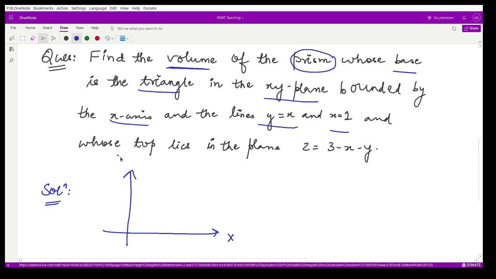So this is your x-axis, this is y-axis. Now one thing that they have given is x-axis. So this is one line, another line is x is equal to 1. So suppose here the value is 1, so that means this would be the line x is equal to 1, and the other line is y is equal to x. So this is the line passing through origin, and say this point is also equal to 1, so this point is 1 comma 1. Yes, so the line would pass through these 2 points. So now what is the prism? What is the area of the prism? This is the area of the prism.